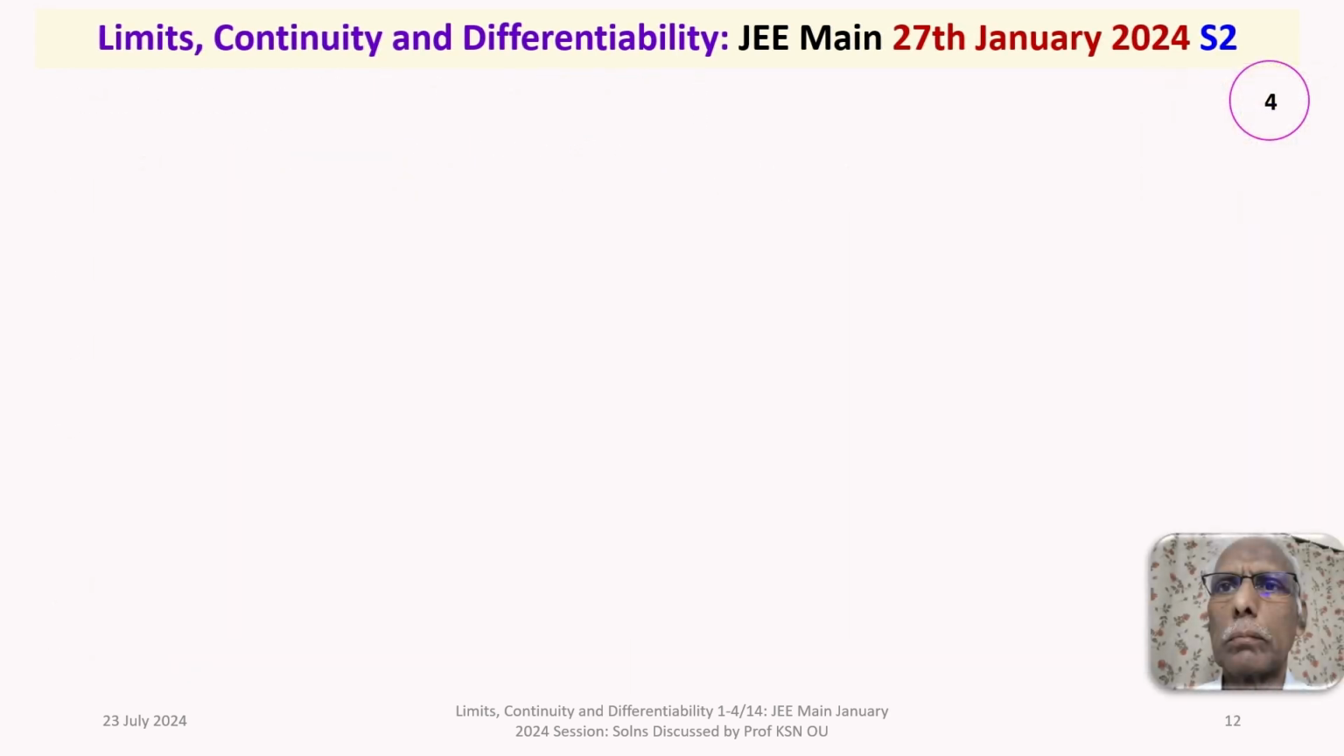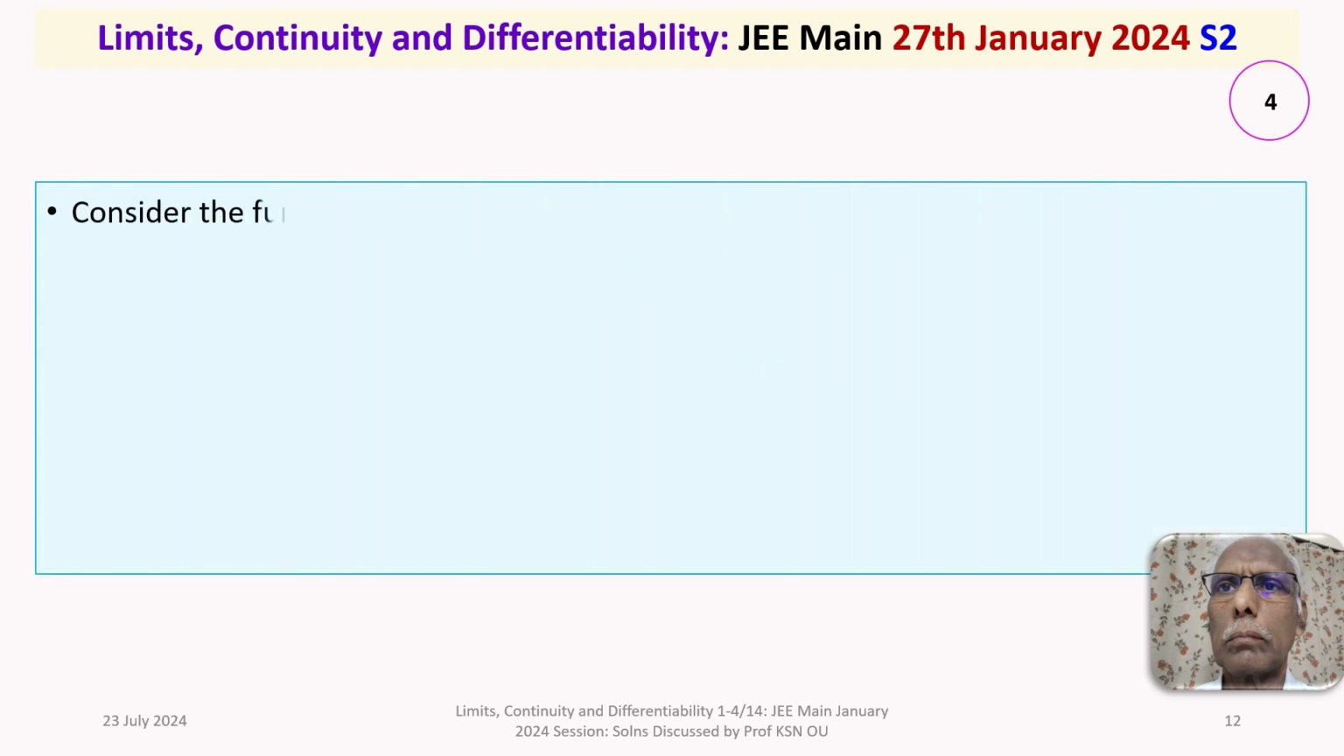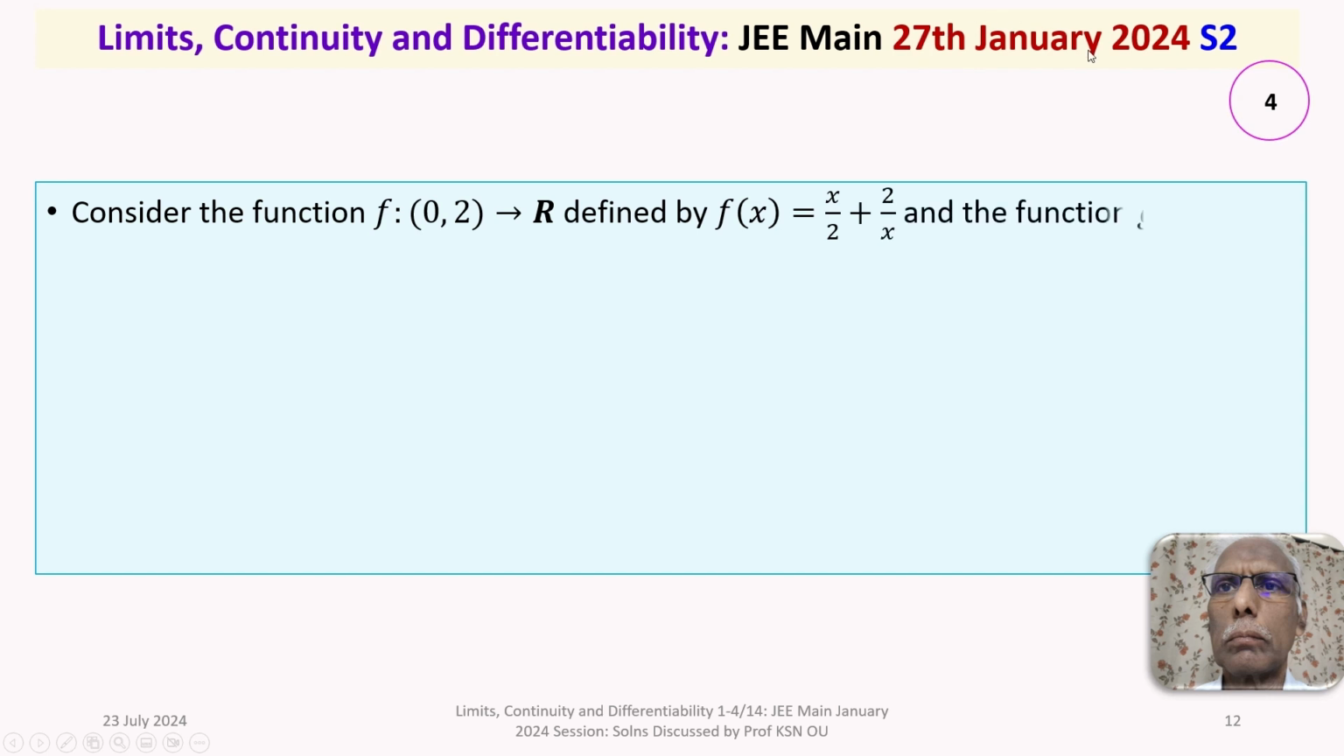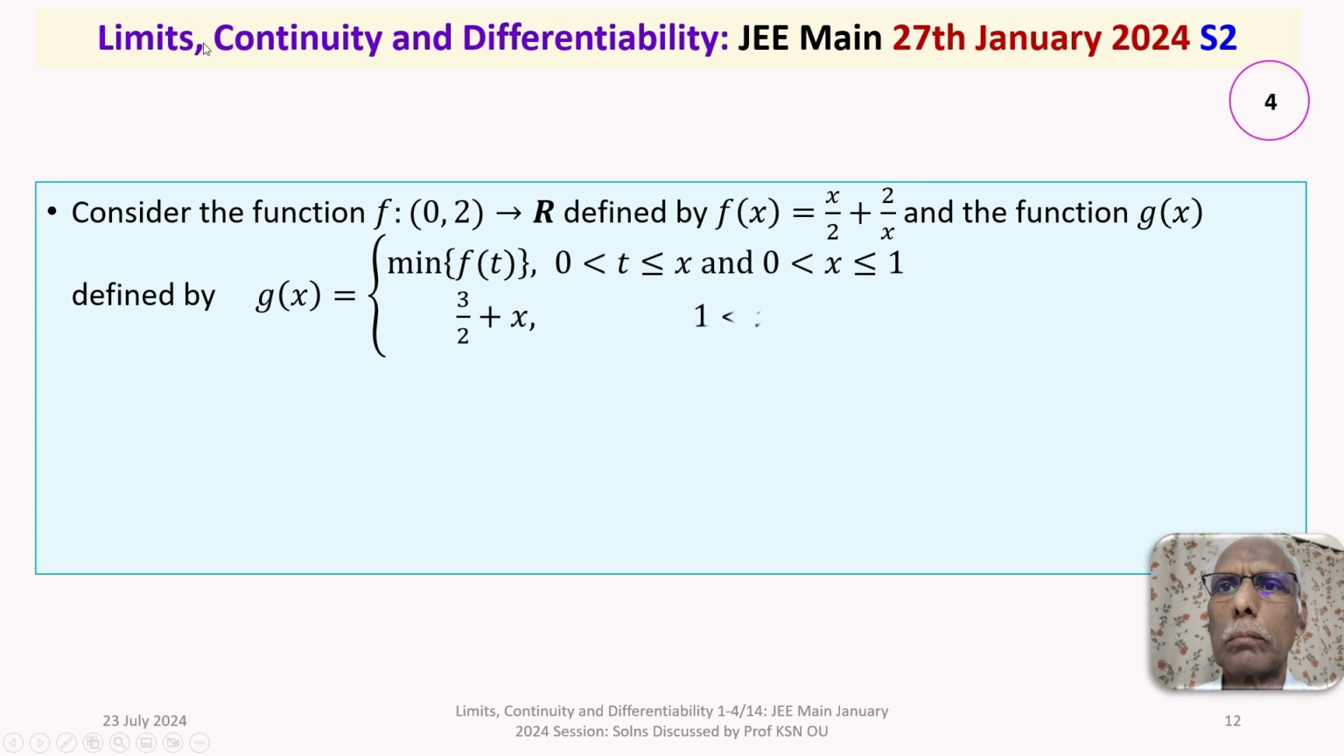Question number 4. The given question has appeared in 27 January 2024 in the second shift. The given question is, consider the function f from the open interval 0 to 2 to the set of real numbers defined by f of x is equal to x by 2 plus 2 by x,